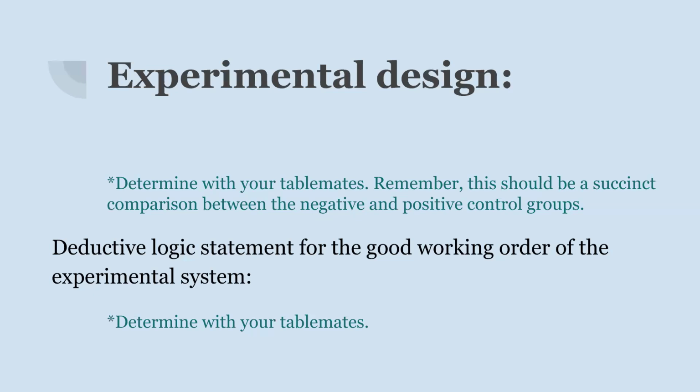So I want you guys to talk to one another as a class for a second and try and come up with a deductive logic statement. I know there's a lot of voices, but if anyone has any good ideas for this deductive logic statement, throw them out, even if you're not sure, okay? Right, we're talking about negative and positive controls, and you could start with if there is good working order for the experiment, then, so I'll leave the prediction part to you. If the experiment is in good working order, then